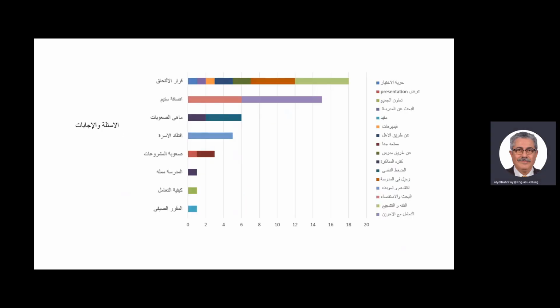Here is a combined graph that shows different things. It shows the answers and questions, where this is the list of the questions, and these are the answers, and the color code shows, for example, about the decision to join the school, what are the different answers, where some answers were more frequent than others. All these inferences will be taken to write the final report